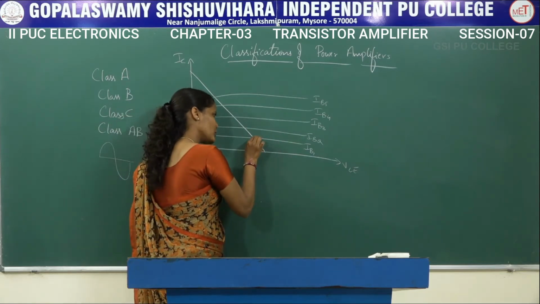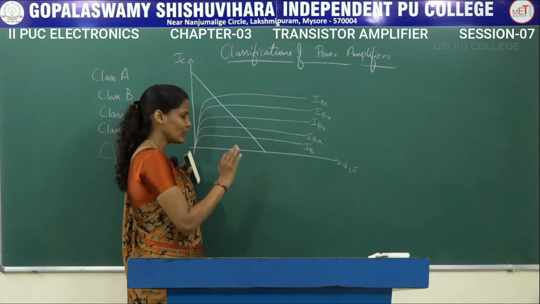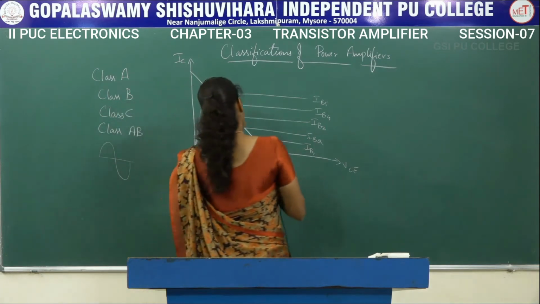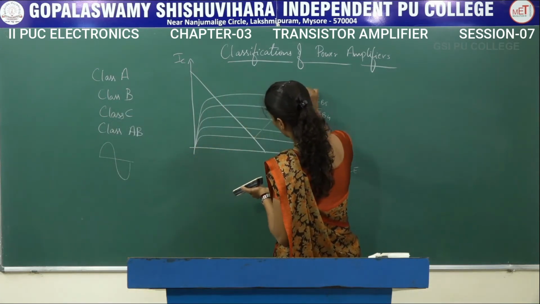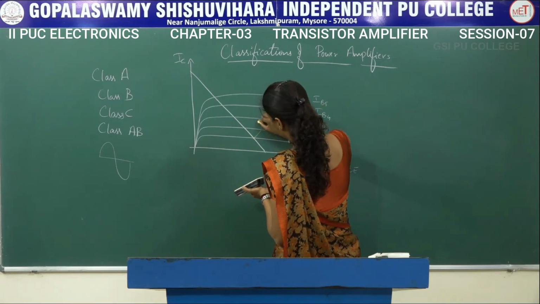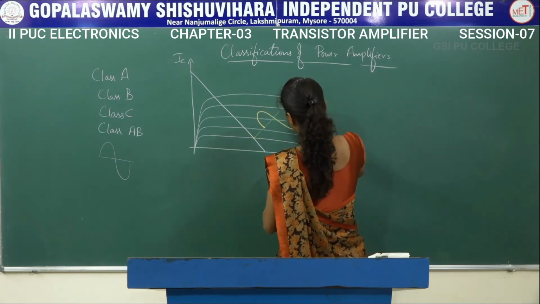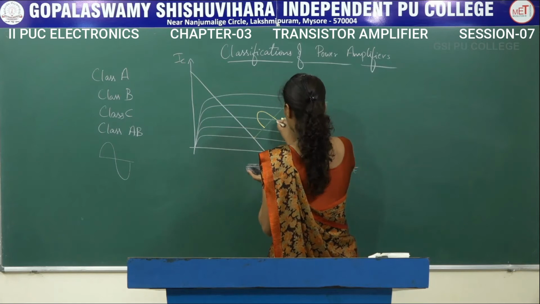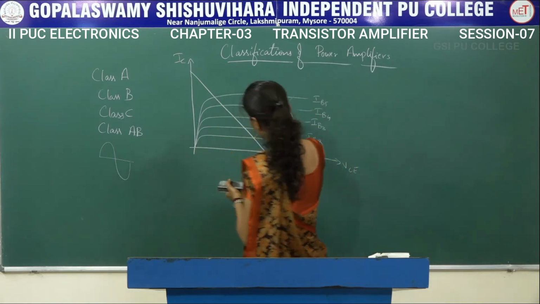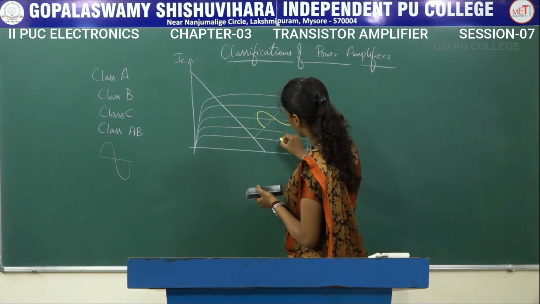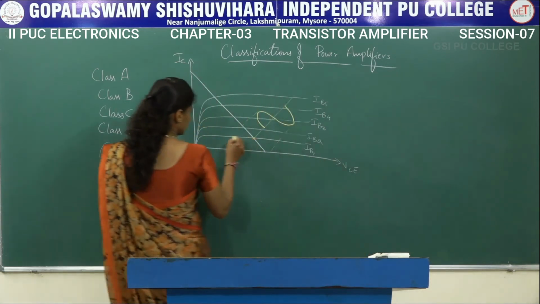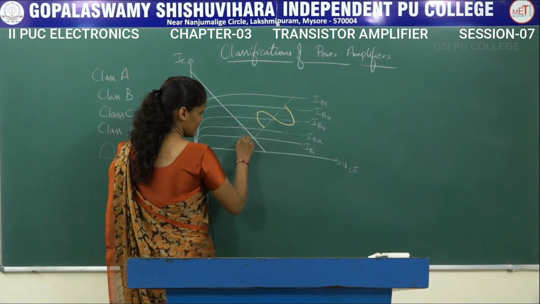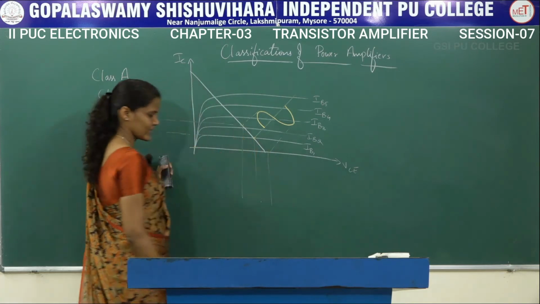So exactly, if I select the Q point in the cutoff region, or practically the cutoff region on the x-axis, then the input voltage will be varying sinusoidally like this. Input voltage varies sinusoidally like this. If I am going to trace the same circuit to obtain the output voltages, what I am going to get is this curve, which is extended towards the y-axis, and this will be extended towards the x-axis.